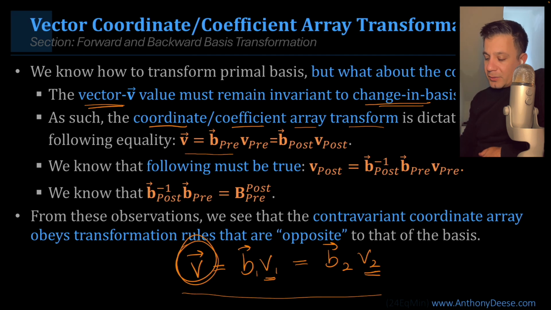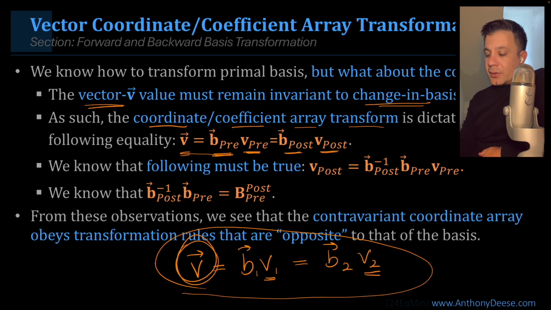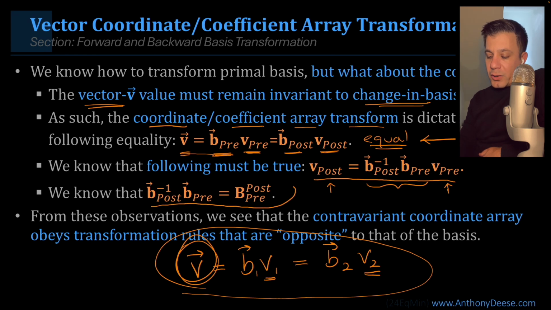And this is pretty similar to what I have written down here. Essentially, we have some vector. We can put it in terms of pre-transform basis and coordinates or post-transform basis and coordinates. However, these must be equal in order to maintain the primary characteristic of a tensor, being that it's invariant to change of basis. Now, if we take this equation and we rearrange it a little bit, we end up with this down here, which essentially says that our post-transform coordinates are equal to this product here of the basis times our pre-transform coordinates. Now, I'm not going to show this explicitly, but if we go back 1 or 2 slides,